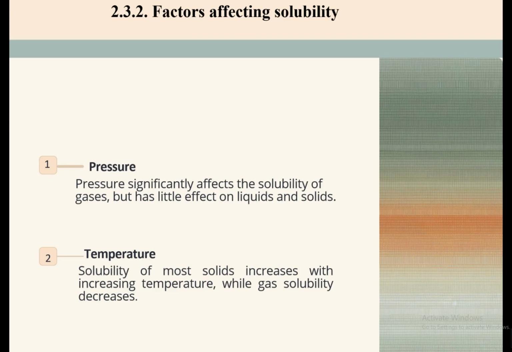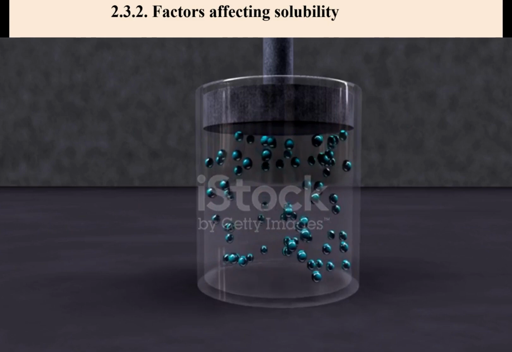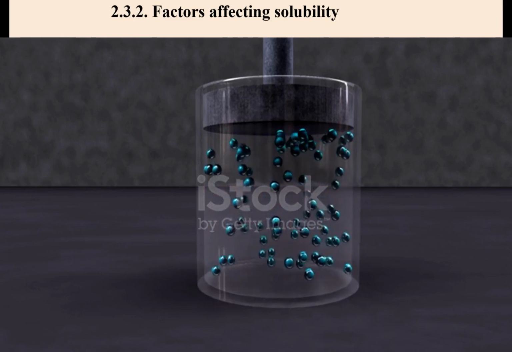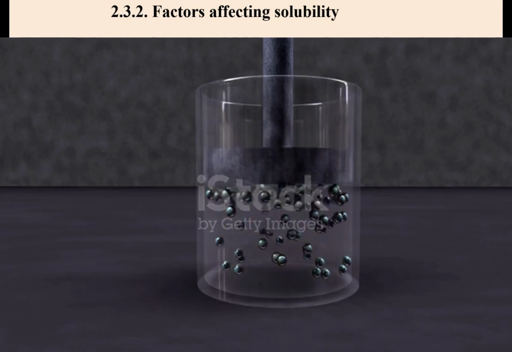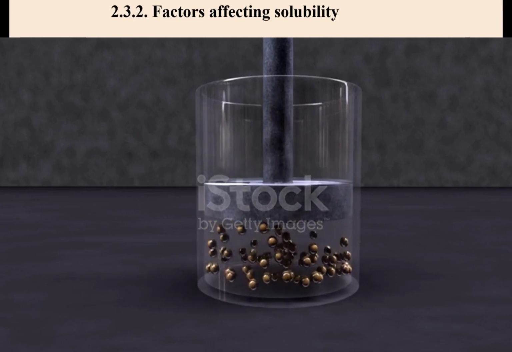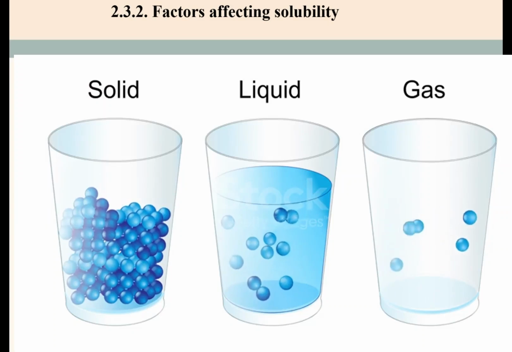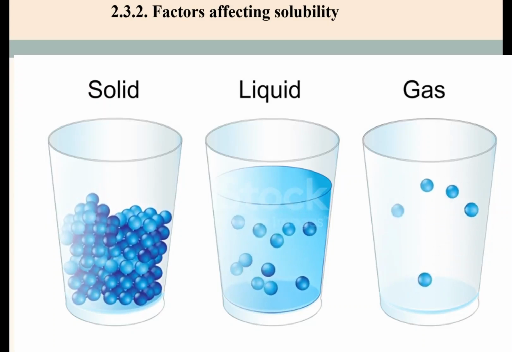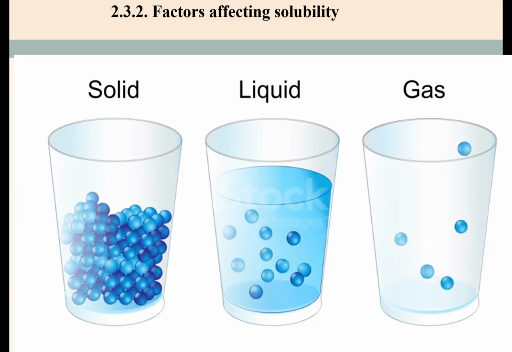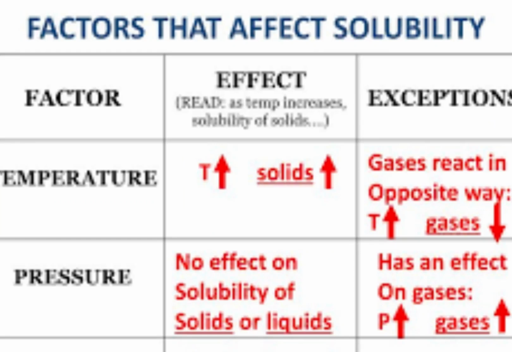If you increase the pressure of gases above the solution, obviously the gaseous particles will be dissolved in the solution. So increasing pressure will increase the solubility of gases but liquids and solids little effect ነው ያለው because incompressible ናቸው pressure ብንጨምር